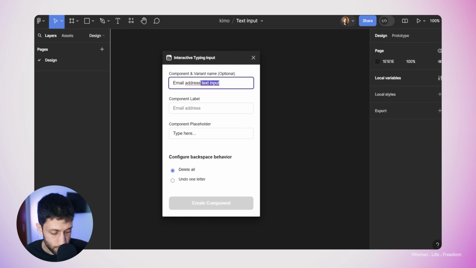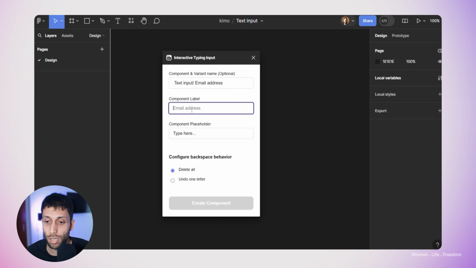Or maybe let's see if we can use the cascading option that we have in Figma. So for example, text input dash email address. I will give it a try and see if it works in this way. The second field is the component label. This is the label that we will see on the text input, like the top of the text input. So I'm going to name it email